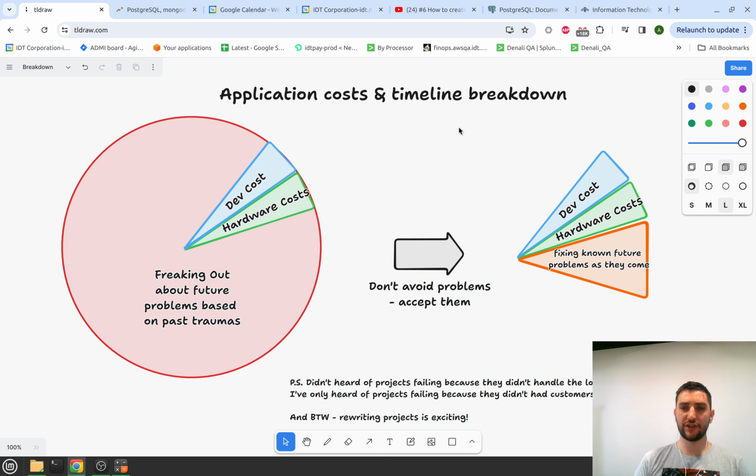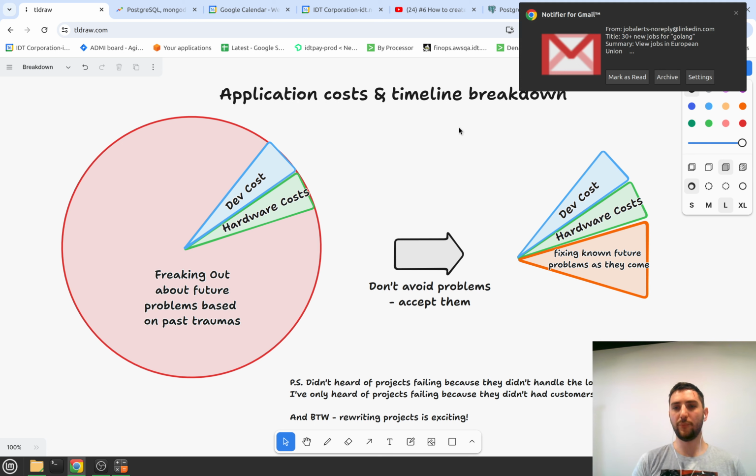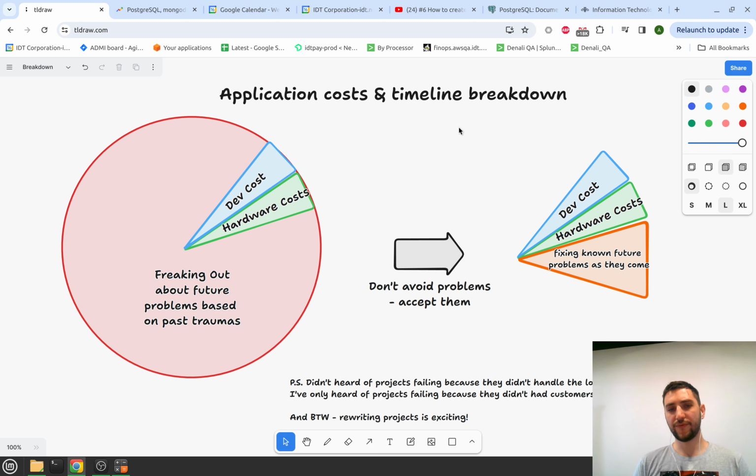And if you dig into these costs, like development costs or some hardware costs, you would realize that they are not actually development or hardware costs. It's not something you have to do to give the customers what they want. Most of it is just freaking out about future problems that might possibly appear, like server failures, hardware failures, some issues, some corner cases, stuff like that. And all this freaking out shifts your project timeline considerably